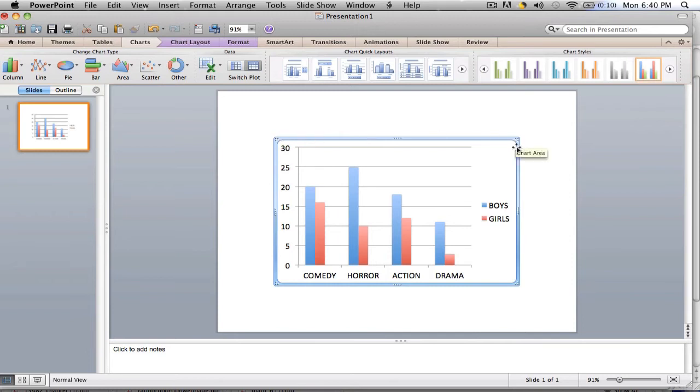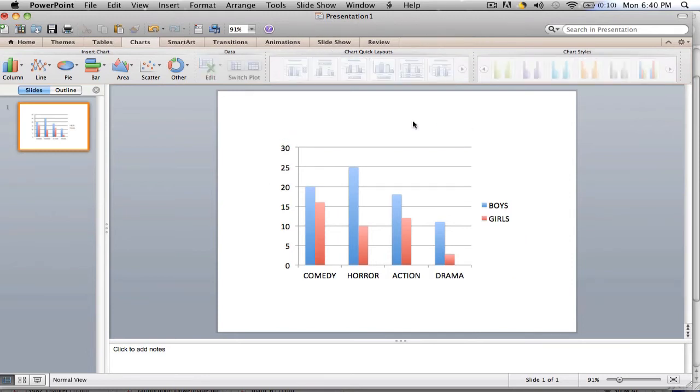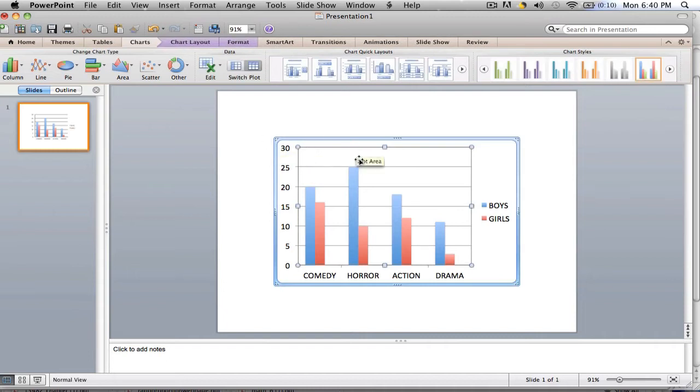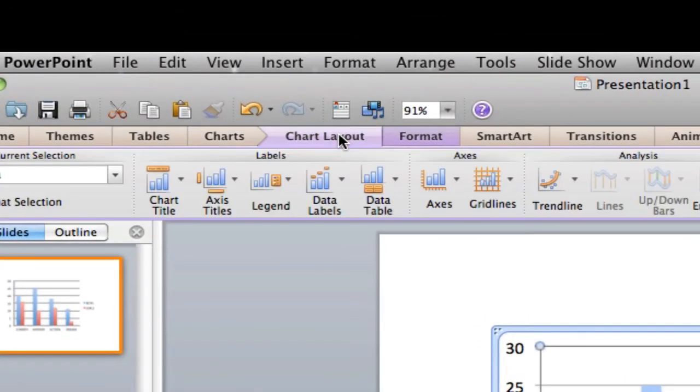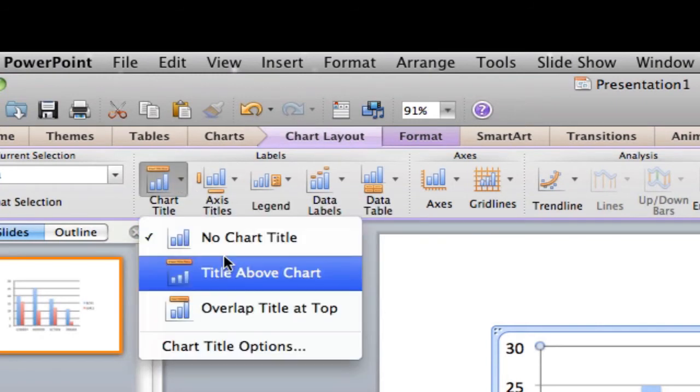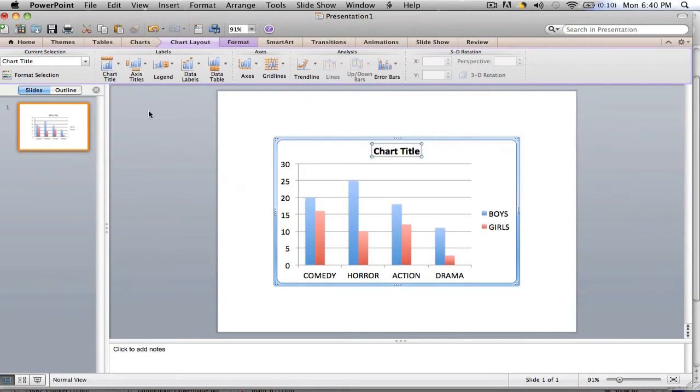because we have the blue bar around it. This is not selected, and you see you lose some options up here. You lose your layout and format tabs. But when you click it and you have that blue bar, you see your two tabs come back. So we're going to go to chart layout, and first go to chart title, title above the chart, and we could say